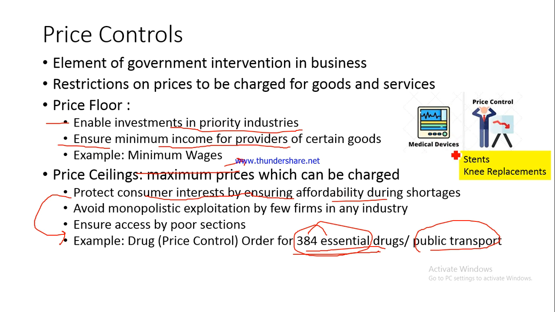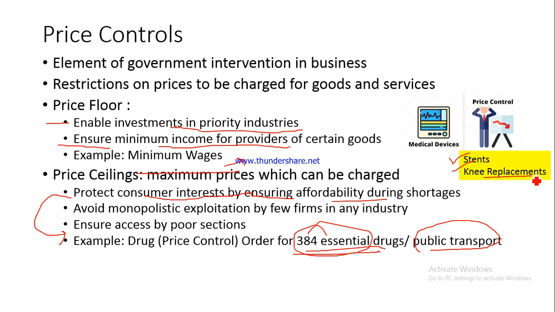photograph which talks about the price ceilings in cases of stents and knee replacements. And this photograph shows that the price control has been brought in and the prices have decreased. Stents are used to actually treat blockages in the heart. So that is a medical device which is known as stents. And likewise, knee replacements, people who are suffering from arthritis, they can get their knees replaced. This generally is a surgery which people go for in their 60s and 70s, right?